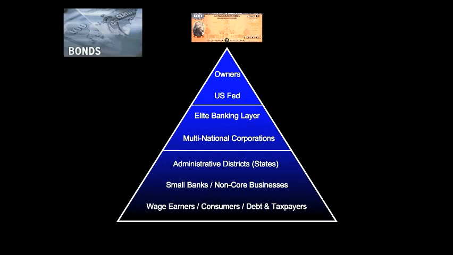And that's because there are always more of these bonds in the system than dollars. There's always more debt than money. In fact, there is no money in this system unless the country is in debt. And you can see this by just looking at the Fed's balance sheet. You'll always see more bonds than Federal Reserve notes or dollar bills. This does two critical things. One, it puts the entire country in a state of scarcity that forces the population to basically jump on the hamster wheel. And two, it forces the population to have to go to commercial banks to get more money because there will otherwise never be enough money to pay off the debt.